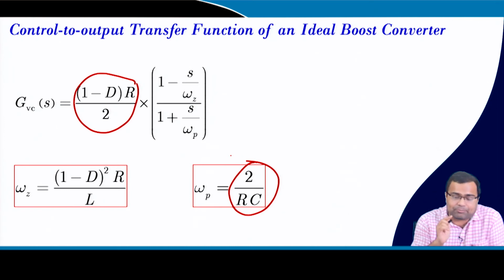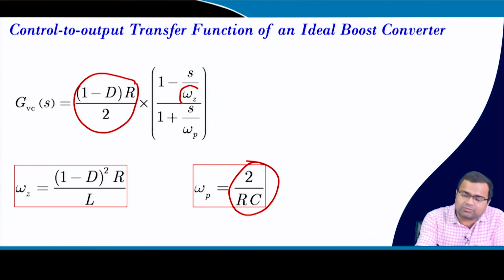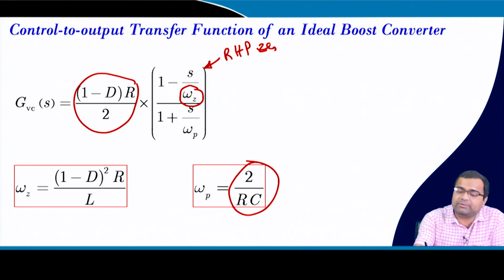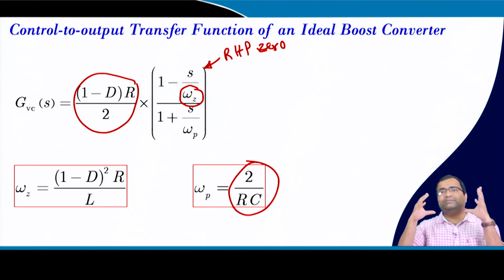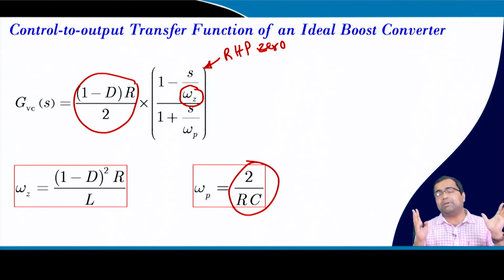But what is important here is that it has a right half plane zero, that means RHP zero. Even with closed current loop we cannot avoid the RHP zero, because that is the physical property of the converter. By means of control you cannot remove it, maybe the effect can be reduced, but in this case